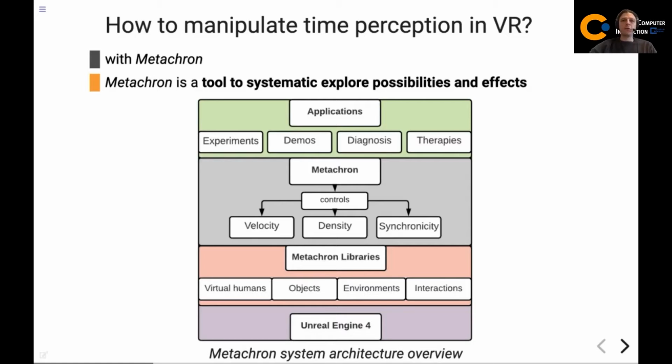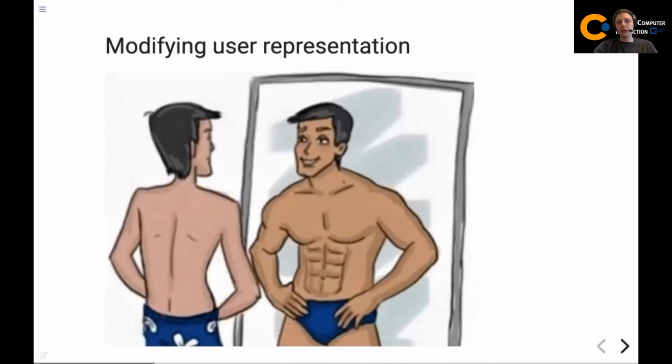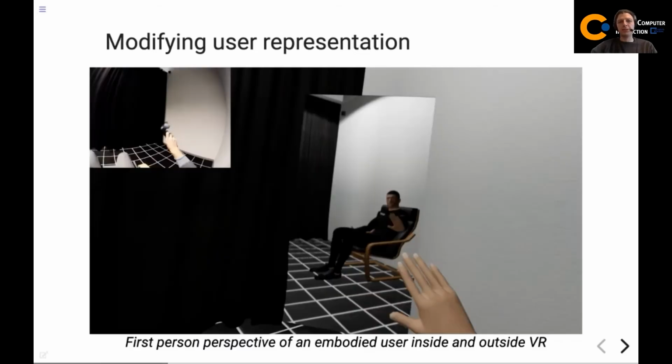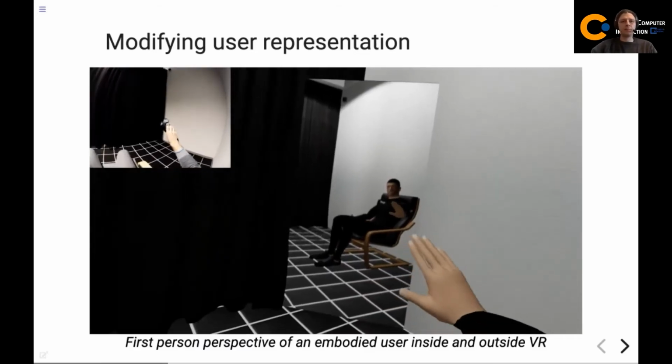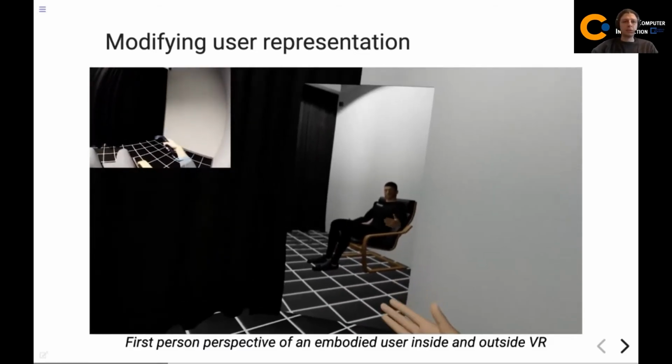I will first go quickly over one aspect, modifying user representation, because later my colleague Fabian will present it to you in more detail. What can you think of in user representation in VR? It is like what you see here in the upper left corner.